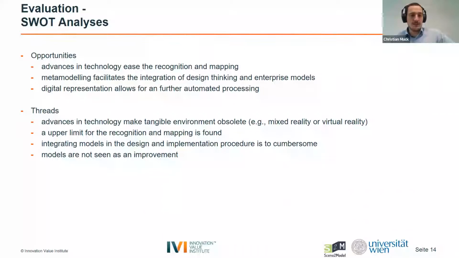So that is exactly what we think is a huge opportunity: all this technology that you can use to identify and map this information becomes better and better every year. With convolutional networks, you can very quickly identify the different objects, for example. Then you have open link data, where you can extract information from the World Wide Web to fill in automatically. So I think with advancing this technology, we can also improve the overall process of